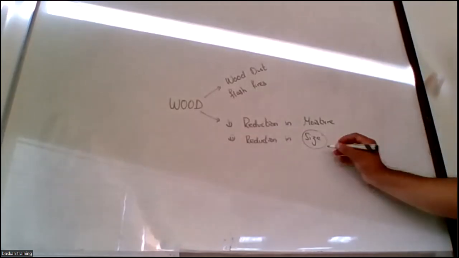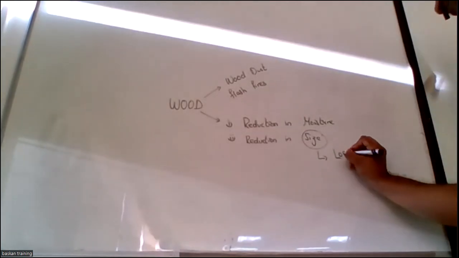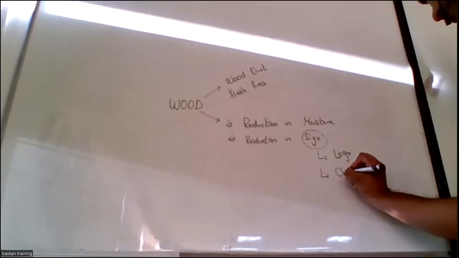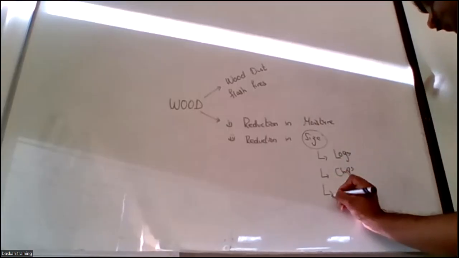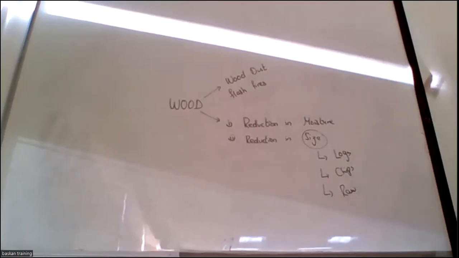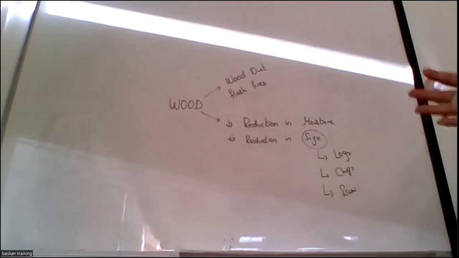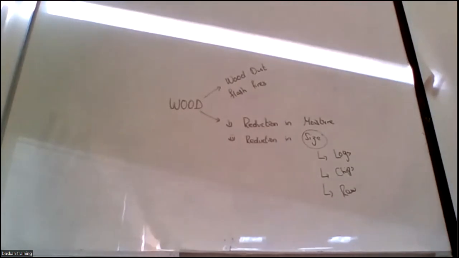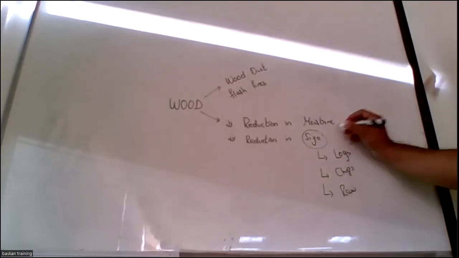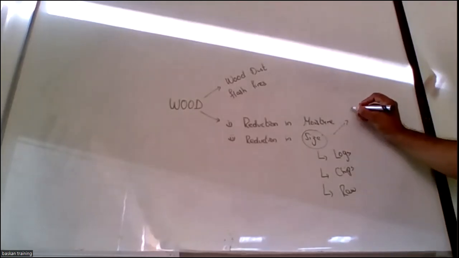Sometimes wood is stored in the form of logs, chips, raw form of different sizes. So it can affect the size of the wood. The larger the size, the more capacity it has to resist. The smaller the size, the more quickly it will burn, because the heat attenuation per unit area for chips, small sizes of wood, is far greater than for large wood, right? Then wood that is stored with or without bark.